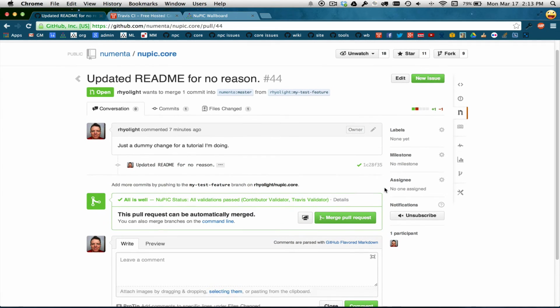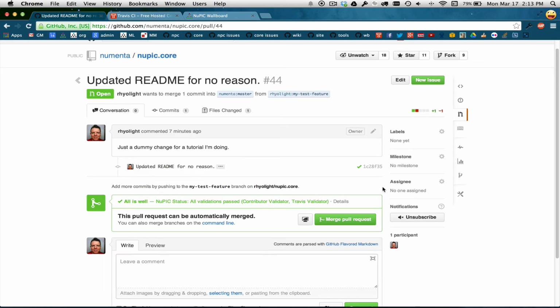So I am not going to push the merge button because this really is a useless change, but that pretty much walks you through the process of getting a change submitted and reviewed for all of our NuPIC projects. So this process is the same for NuPIC, NuPIC core, Cerebro, the website, the tooling server, all of our projects are pretty much the same. That is about it. Once you have merged it,